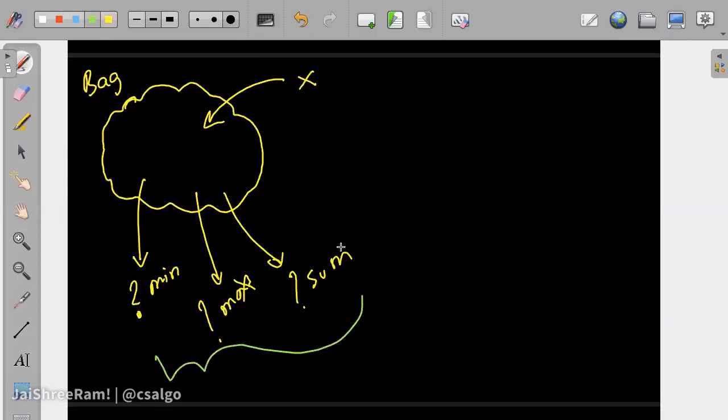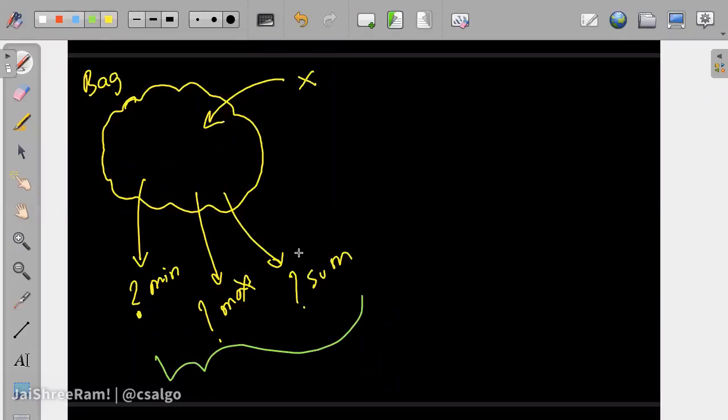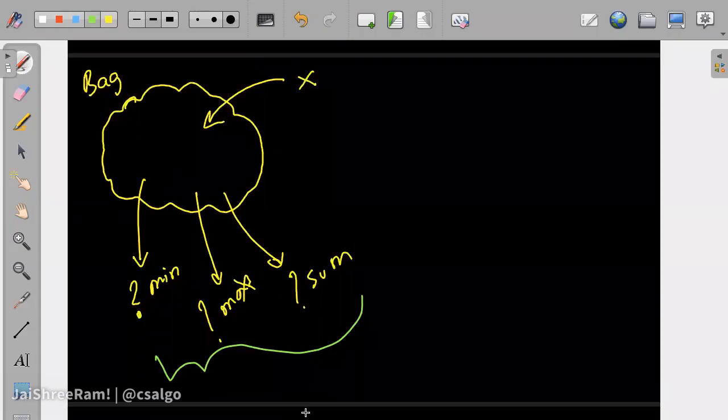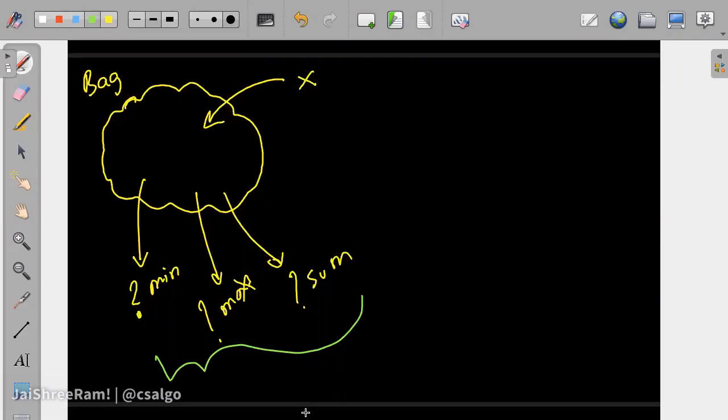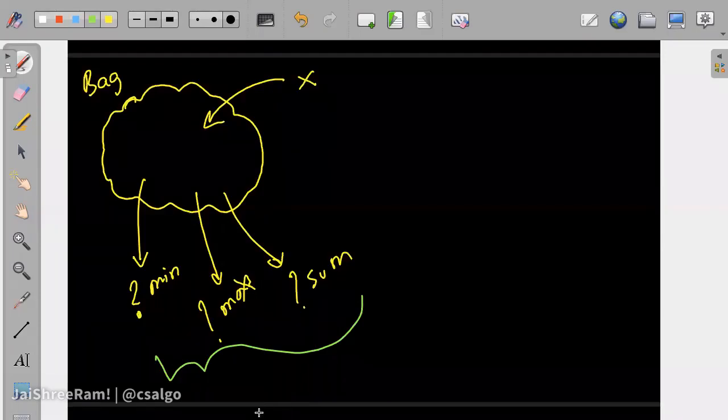You can also create a variable called sum, and when an element is inserted, just add it to the sum, and whenever you need the sum, you can just return that value, right? Everyone clear on these three or not? Make sure that you write -1 if you are not, because it should be clear. Even if you don't know the exact syntax in C++, it's okay. If you are understanding the logic, that's fine.